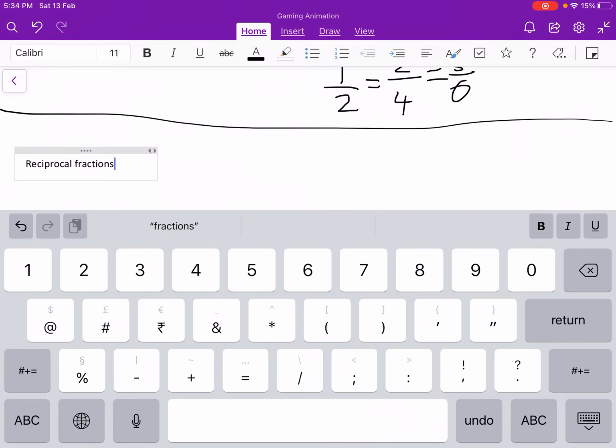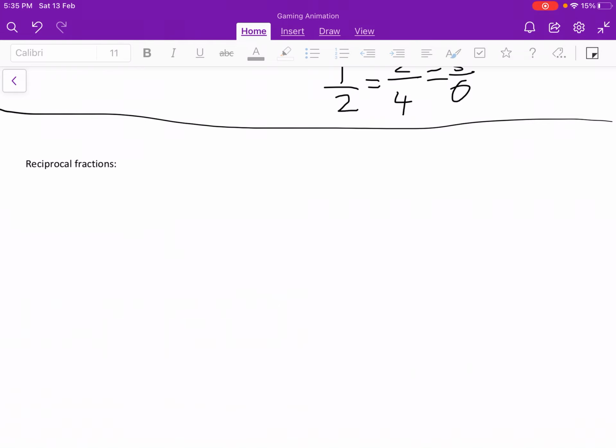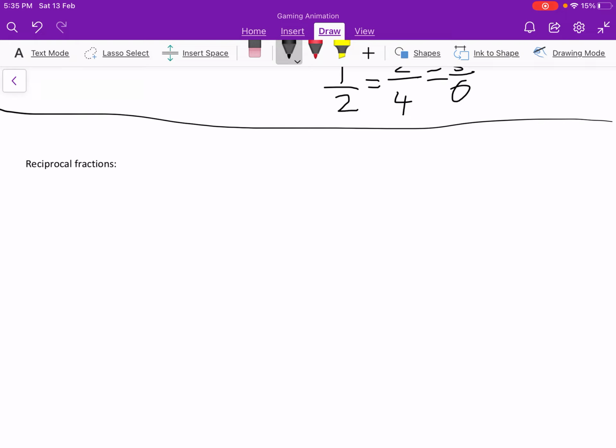So what is reciprocal fractions? Do you have any idea what reciprocal fractions mean? So reciprocal fractions mean when the product of two fractions is equal to 1. They are called reciprocal fractions. Okay? So for example,